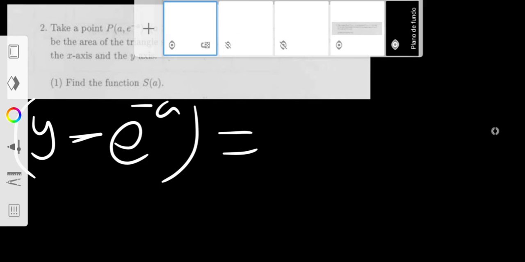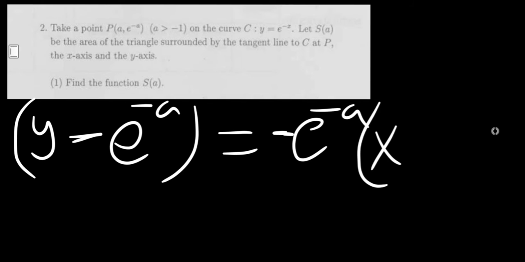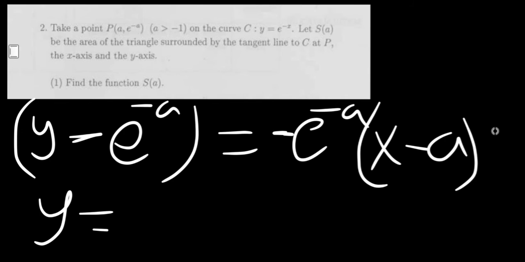M, minus e to the minus a, multiplied by x minus a. Remember? So now we need to find y is equal to